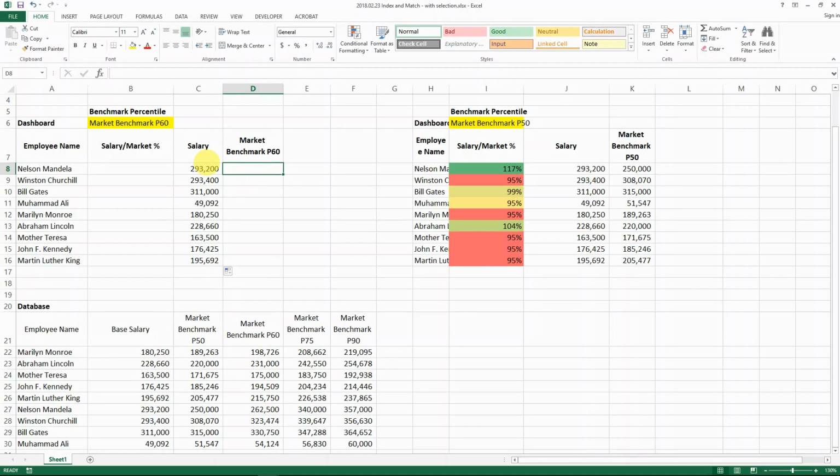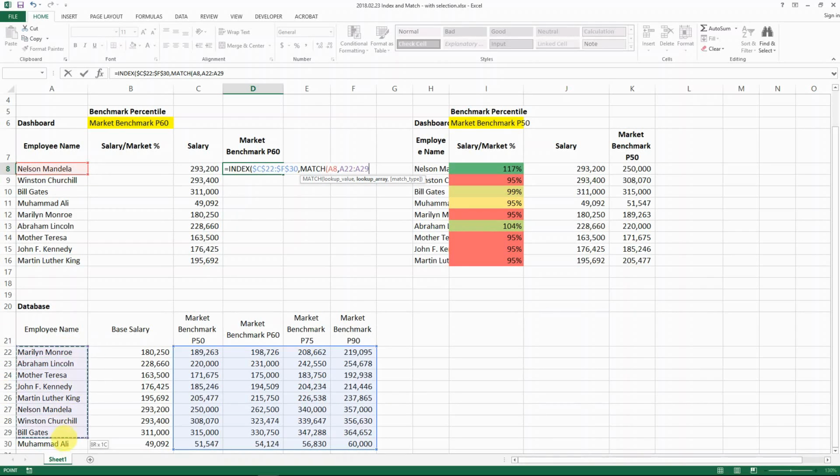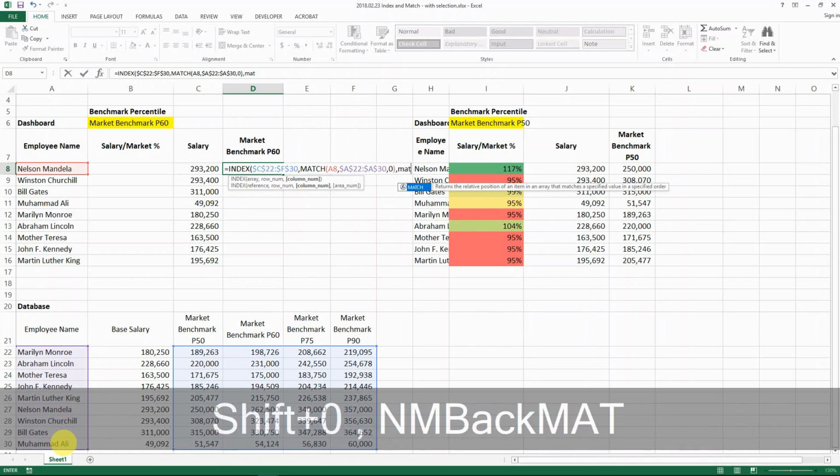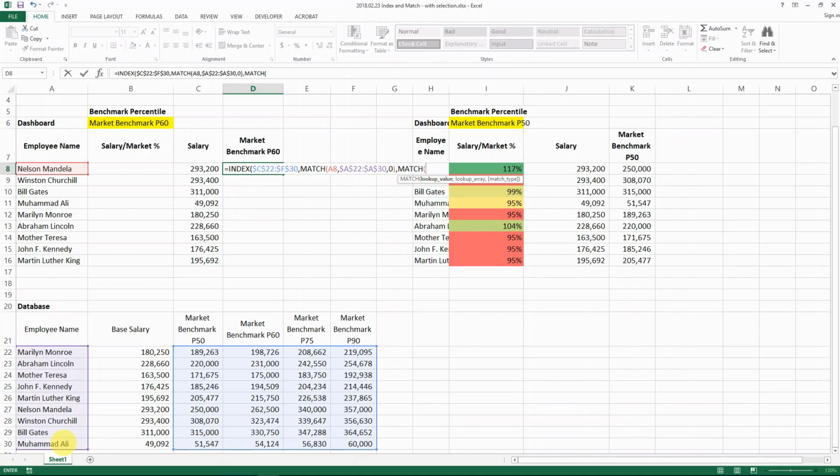And now let's do the same thing for the market data. So again, use INDEX, and then this time for the array, you need to choose those 4 columns because they can change from P50 to P90, right? And then make it an absolute reference, and then MATCH to find out the row reference. It will be matching to this column, which is again an absolute reference, and then now we find the match for the